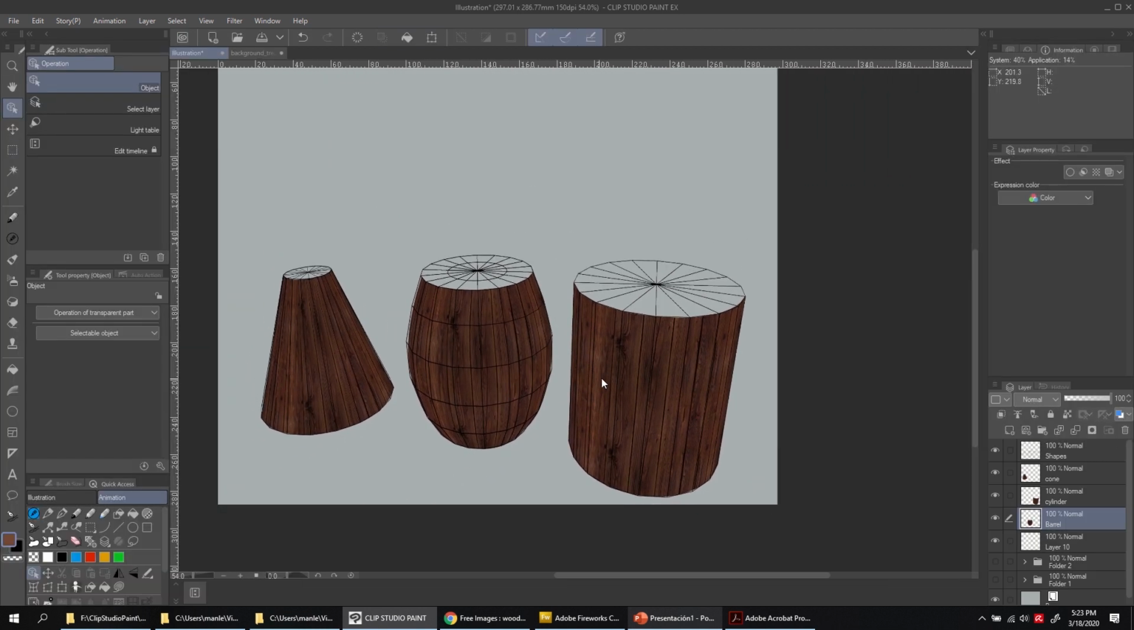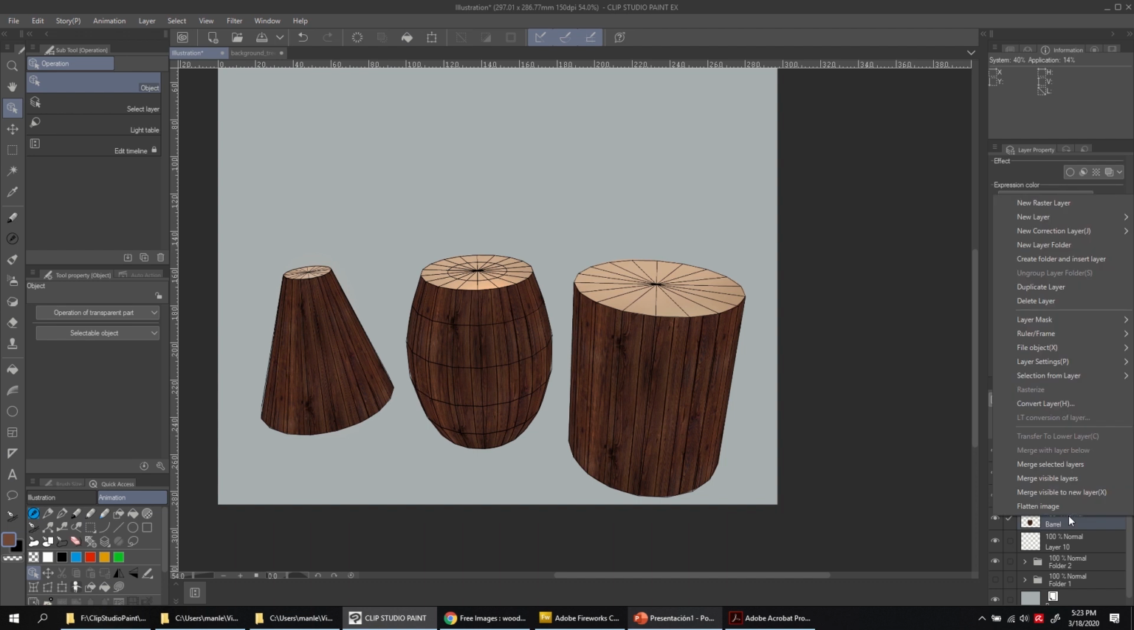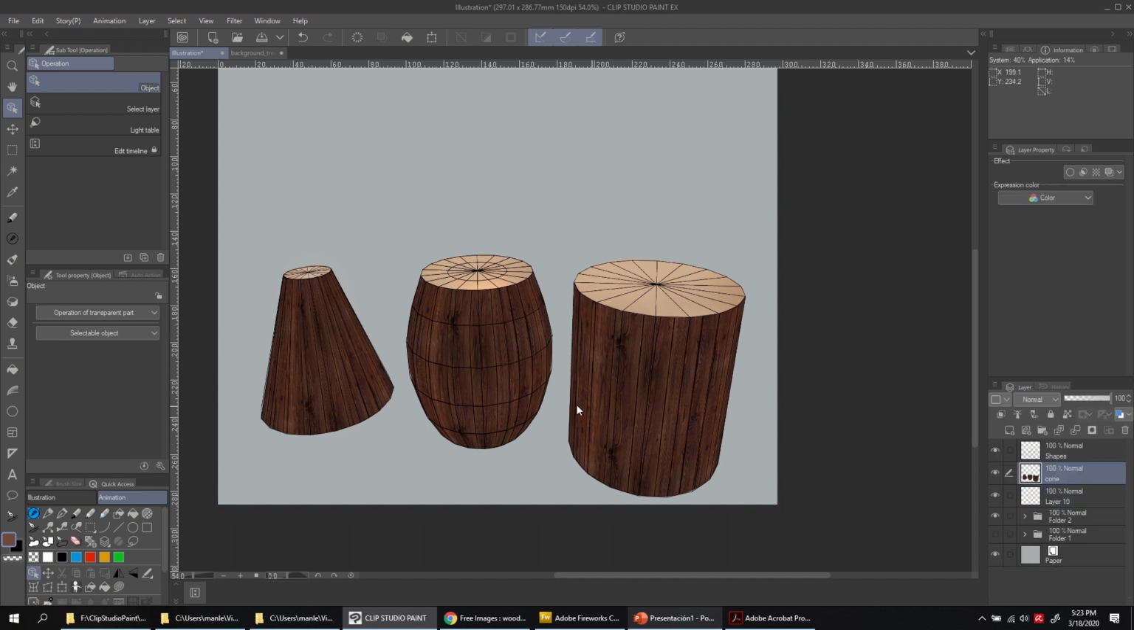So to make it more believable, we need to start shading the shapes to create the volumes. I'm going to merge the 3. That way I will shade just one. So in a new layer, we can put it,